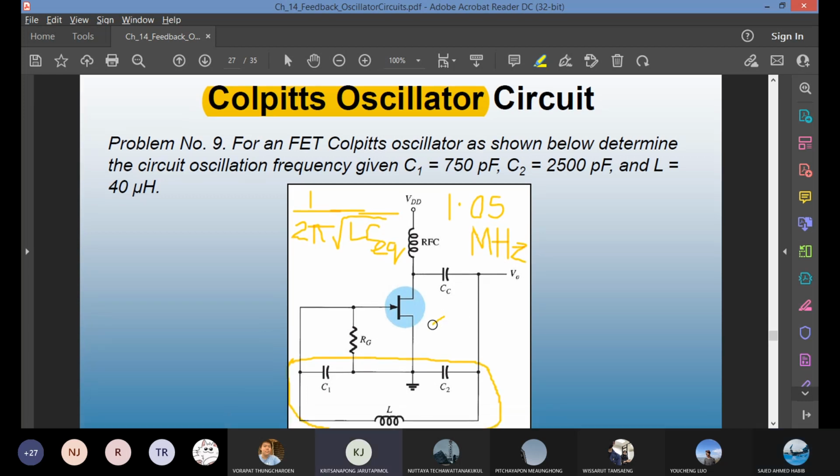I got that one, 1.05. Mega, right? Not micro. Yeah, it should be mega. Microhertz means such a small oscillation; it's weird. We never have microhertz in any of our calculations. This 577